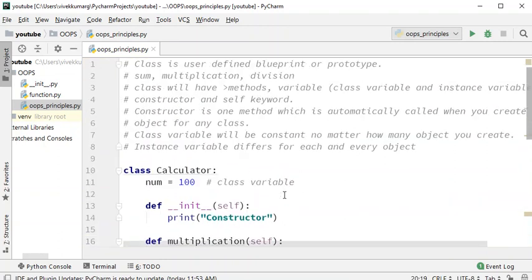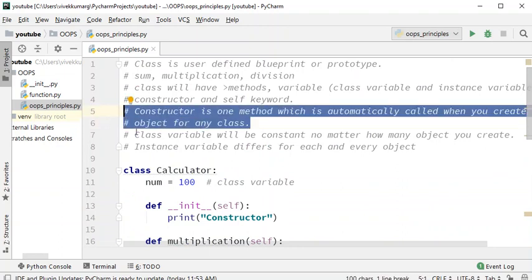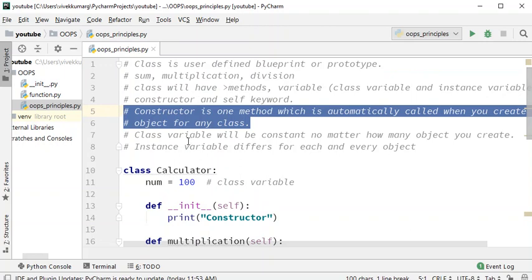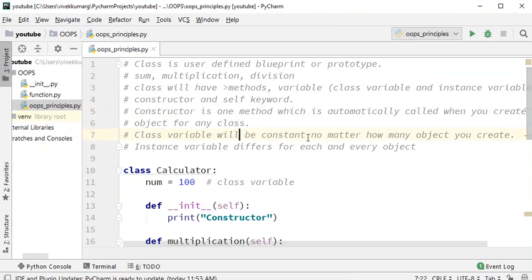We'll visualize each and every statement that I put in here. For example, when I said class variable will be constant no matter how many objects you create, I can create a number of objects of this class. So what I'm saying in this sentence is that the class variable will remain constant.